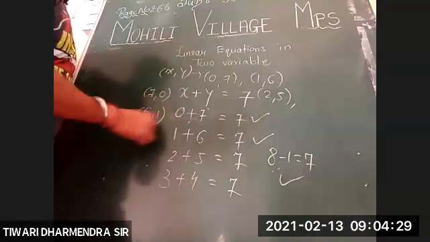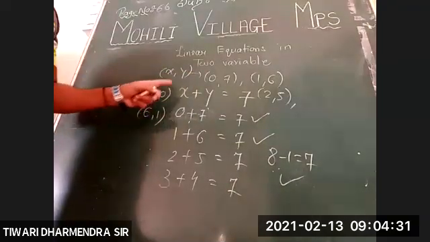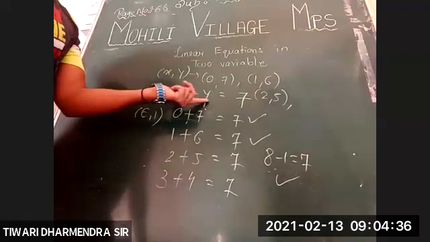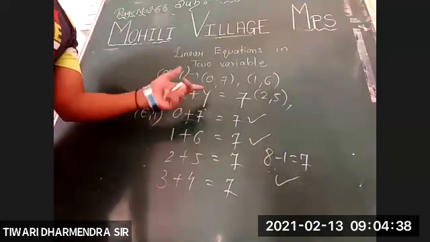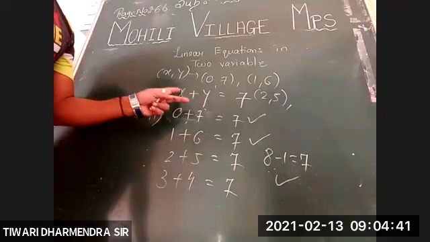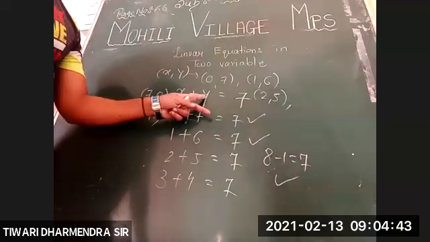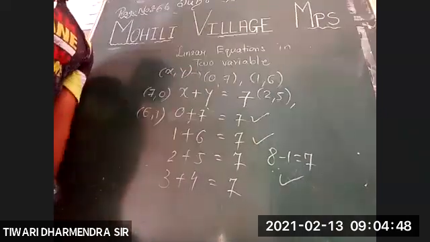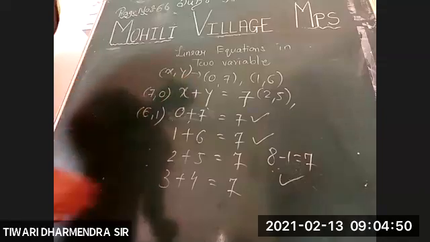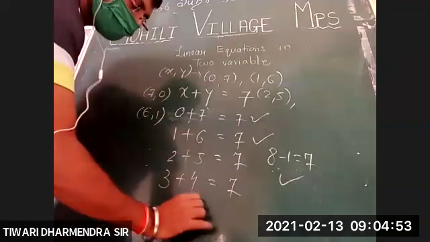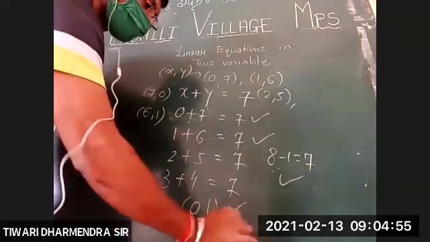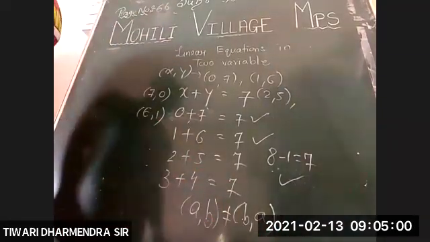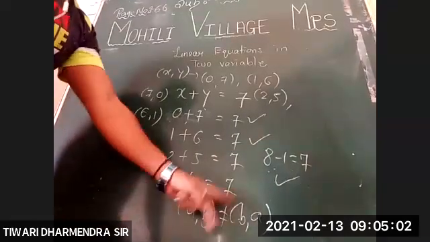6 comma 1 will also satisfy. These are two different values. 0 comma 7 is not the same as 7 comma 0 because we are changing the values of x and y. The value of x is 7, the value of y is 0. Next time, the value of x is 0 and the value of y is 7. They are not the same values. You can write here: a comma b is not always equal to b comma a. Yeah, for 1 1 and 1 1, you can say it is equal, but when it comes to 0 1 and 1 0, then it is not equal.